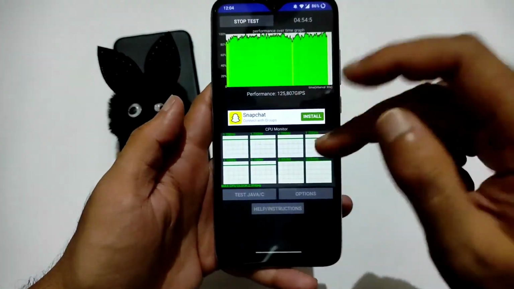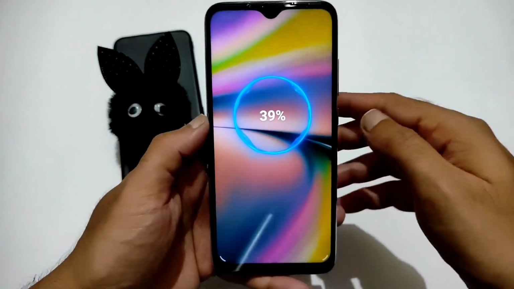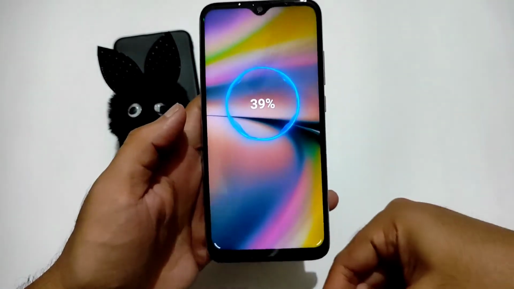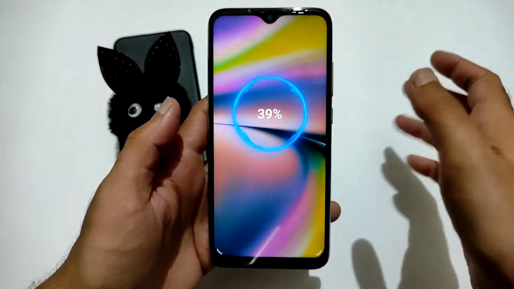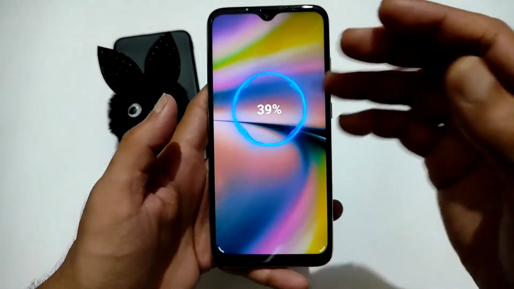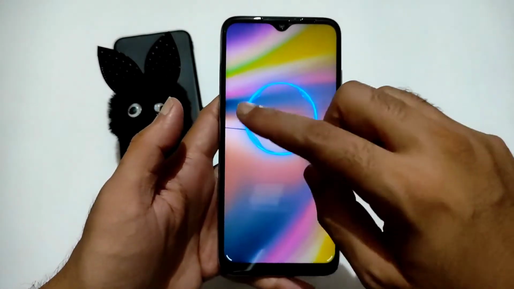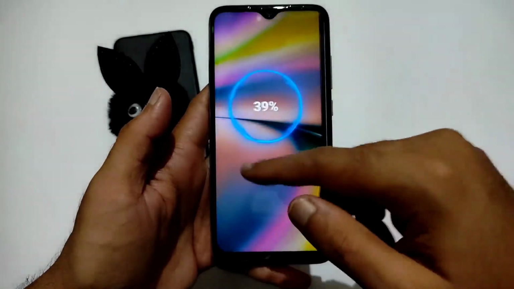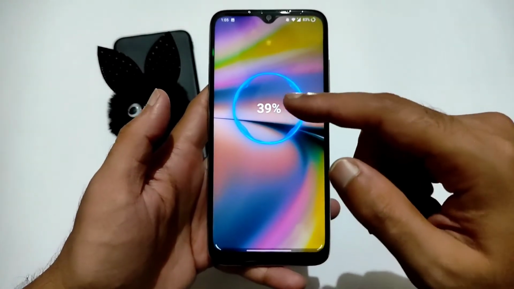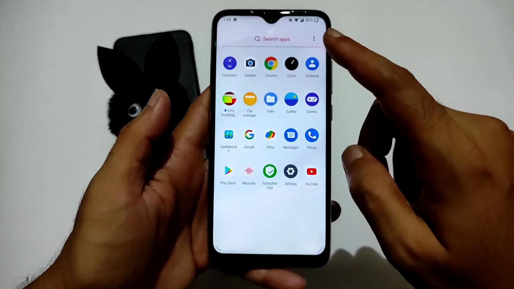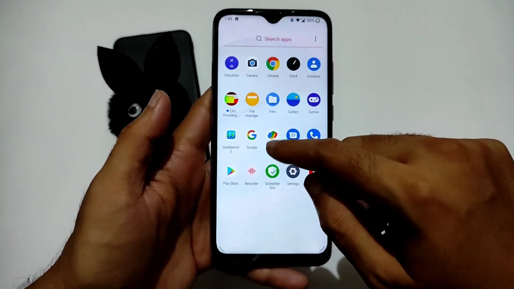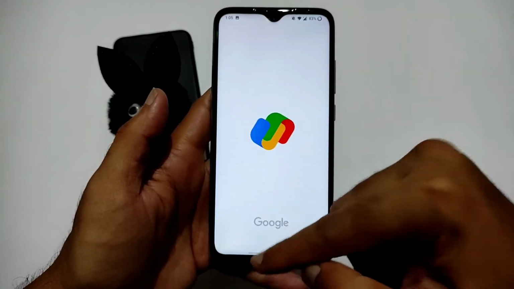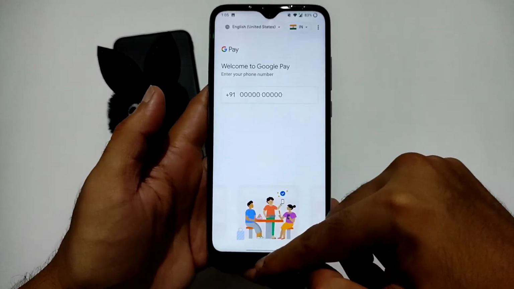As you can see, this is the charging animation you get once the charger is plugged in, and charging speeds are also normal for that 10-watt charger, and you will get this kind of notification. This is how the ROM is performing here. It's really good. You can use the payment apps also, it's working fine in this ROM.